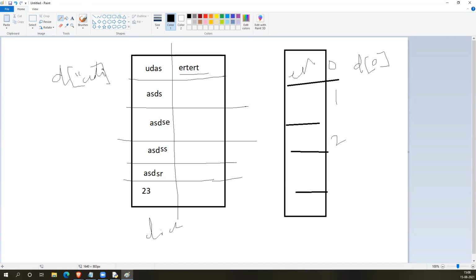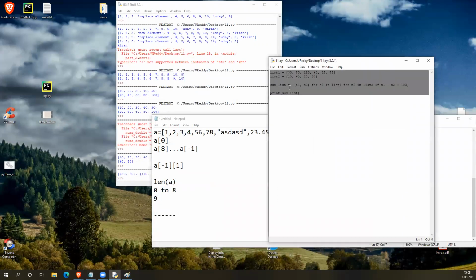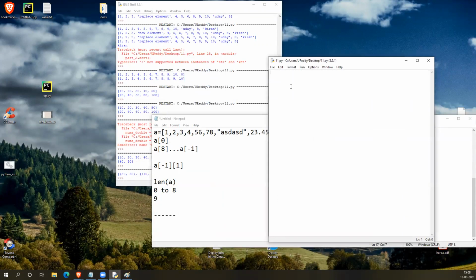So let me show you with an example. I will create an empty dictionary now. You can assign directly also, but to cover both of them, I will create an empty dictionary first. And also I will create one more dictionary with some values, with both keys and values, and print that one also.